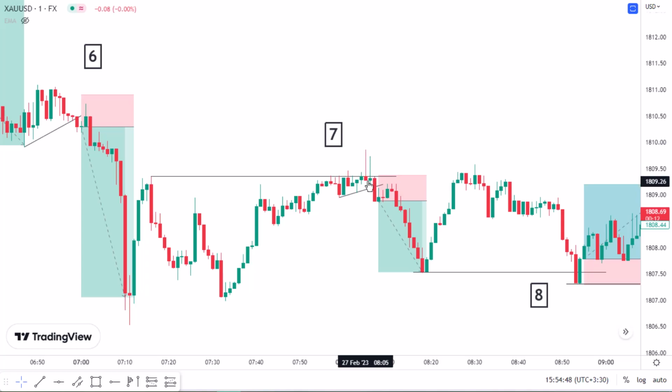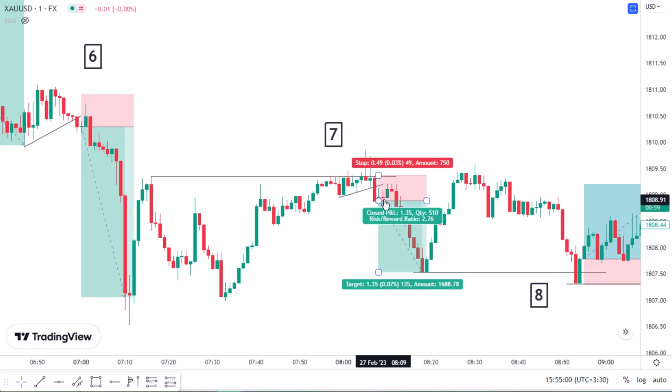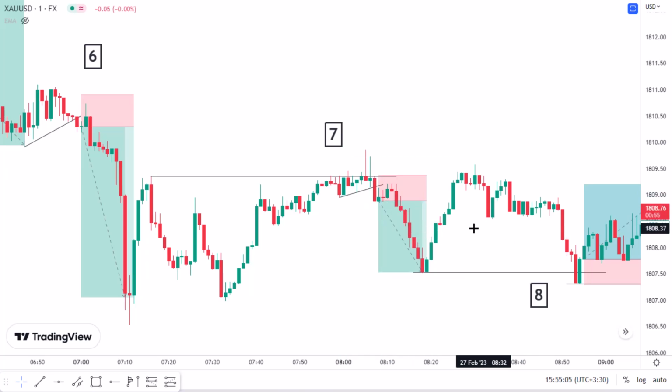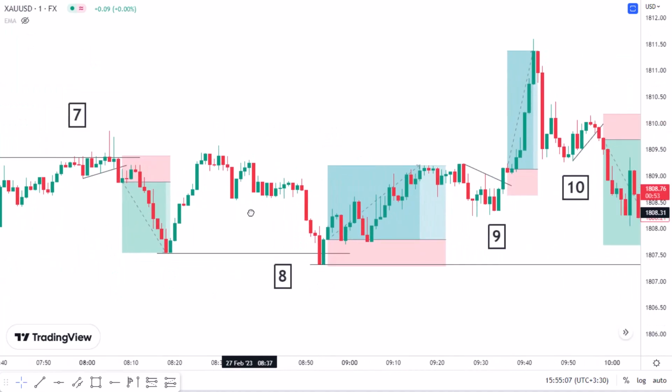We could enter the sell position here, put our stop loss above that, or you can see here we have a trend line with one touch, two touches. On the third time it breaks it, we could also enter the position here too, which it gives us a reward of 2.8. On the trade 8, we have a support line here, which the price came to this level